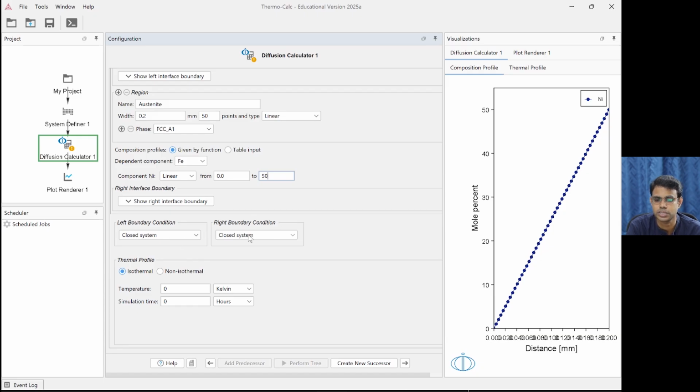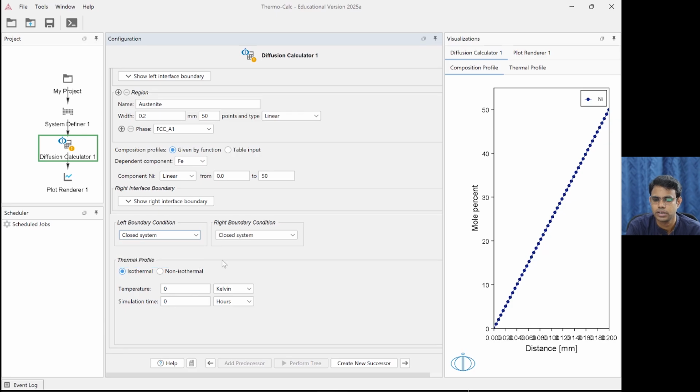Right now it is a closed system. This is okay for this particular example, where we just want homogenization to happen within the sample and nothing is going to come from outside. So here in this boundary condition, if you see, mixed, zero flux, and activity or composition. So if any element is having some flux or activity at the surface, we can set it up, or a certain composition also we can force for a certain element at the surface.